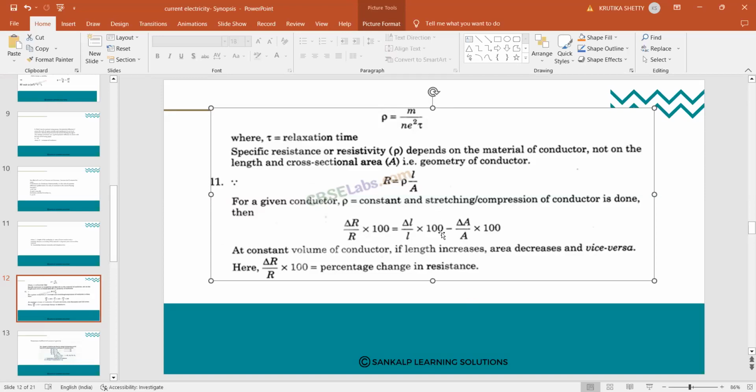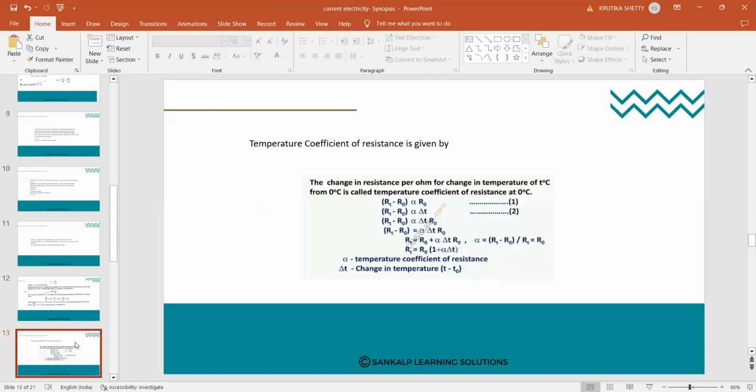So delta L, delta A, delta R is the increase or the change in the values. So this is called the percentage change in the resistance. So just note down the formula; when we are solving it, we can discuss this formula. Okay, then the next,